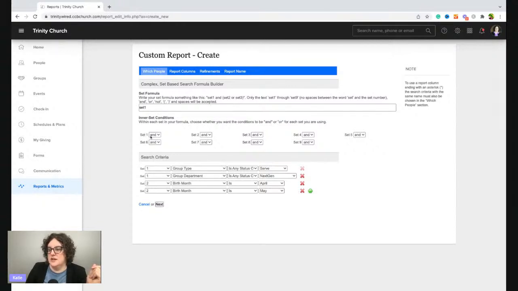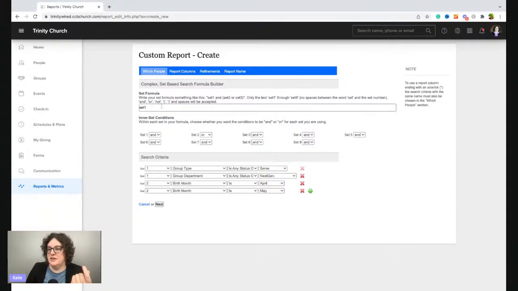So then for set 1, both of these things have to be true. But for set 2, both of them are not true, so it's or. So they are in a serve group in our next gen department, and their birth month is in April or May. That's what this is telling us.